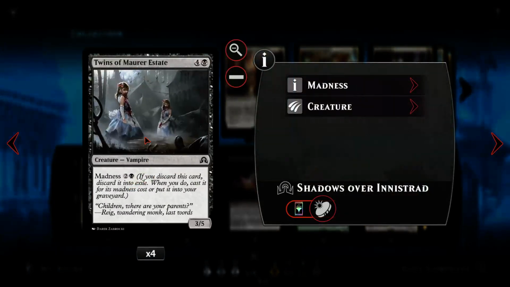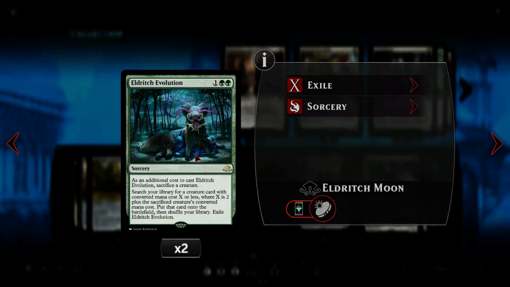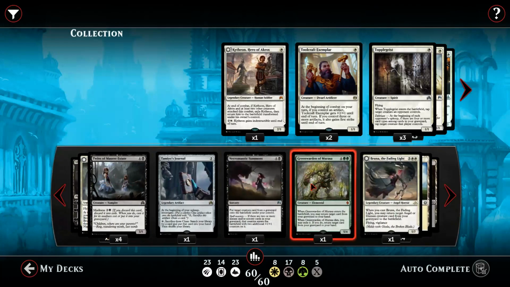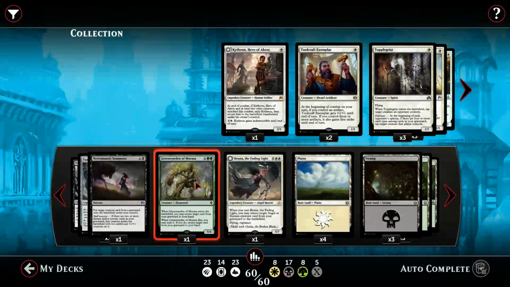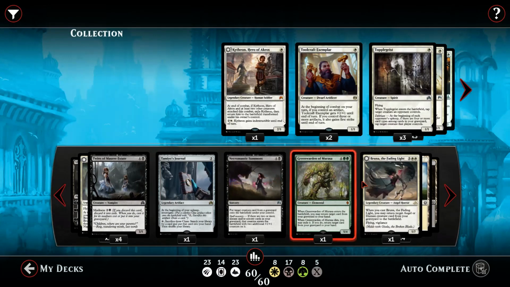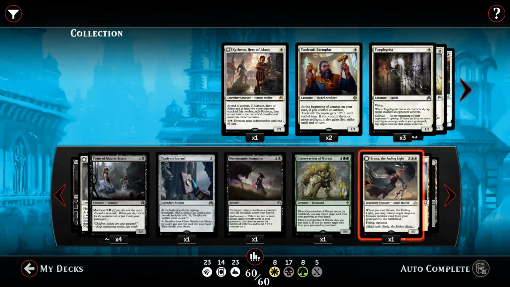Also, to do so, we're going to be using Twins of Maurer Estate, preferably because we can pay 3 with Madness to get a 5 cost creature on the battlefield, and then if we have the Eldritch Moon we can jump into Bruna that costs 7, and then when all that comes together we get maybe Brisela. Other than that, we have to cast